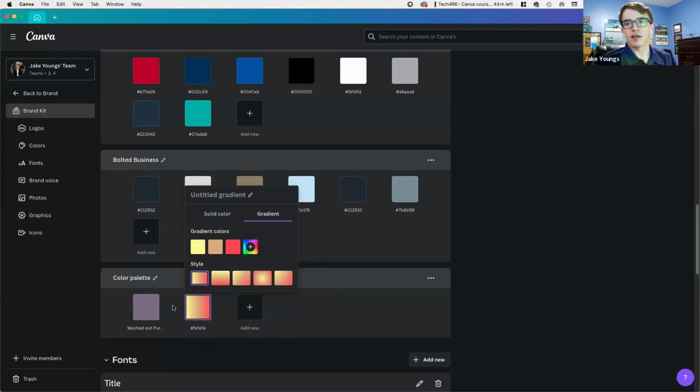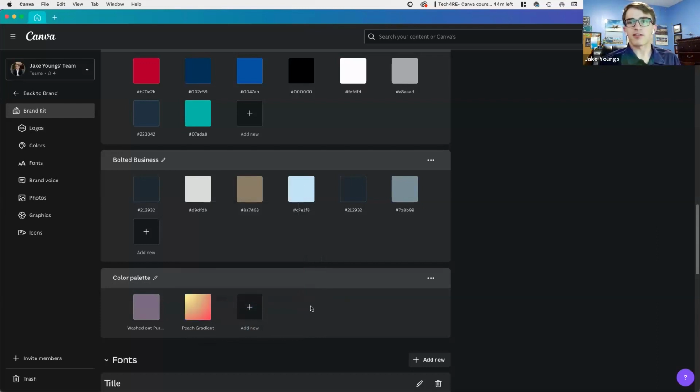That could work. And now you've got this peachy sunset gradient that you can play with and do a lot of different stuff with. So we'll say peach gradient, for example, just like that. And we'll select that option. There we go. So that's how you would work with a color palette,